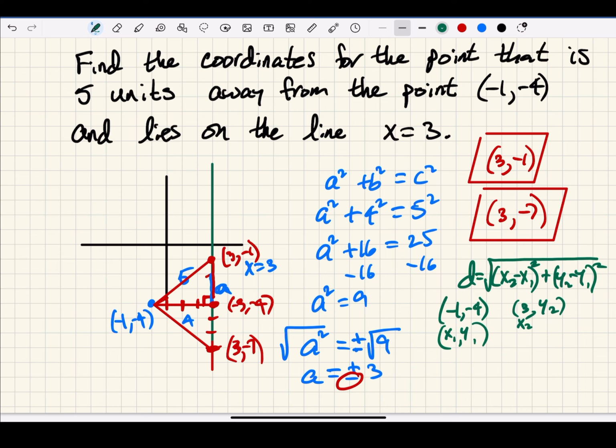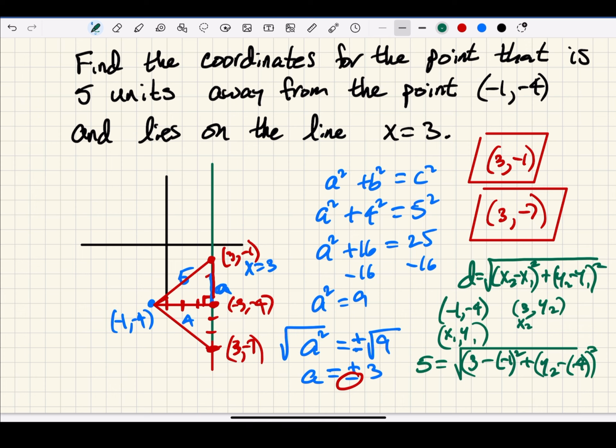So we know our distance is 5, so we would have 5 equals the square root of x2, which is 3, minus x1, which is -1, squared, plus y2 minus y1, that would be -4,